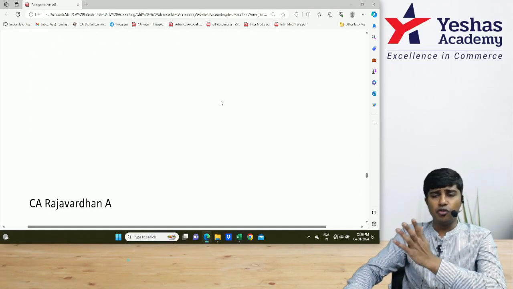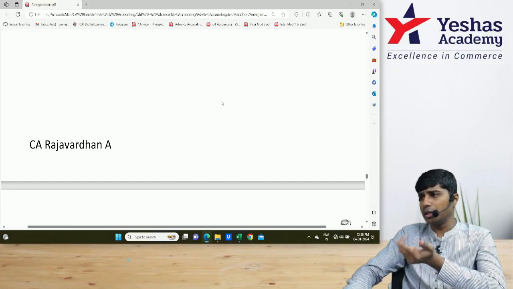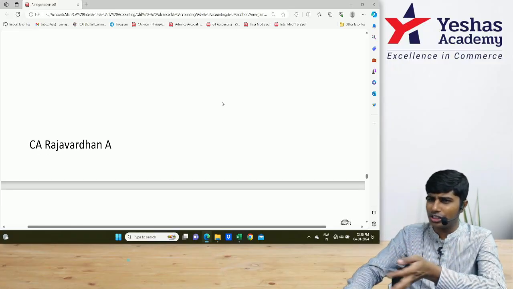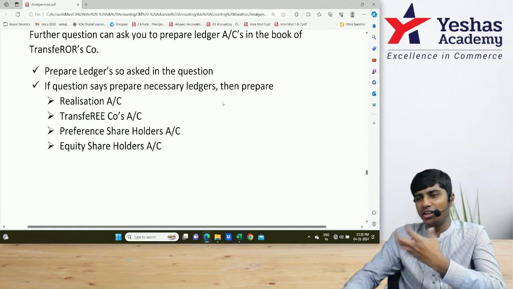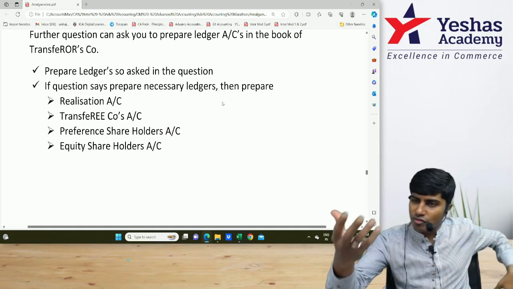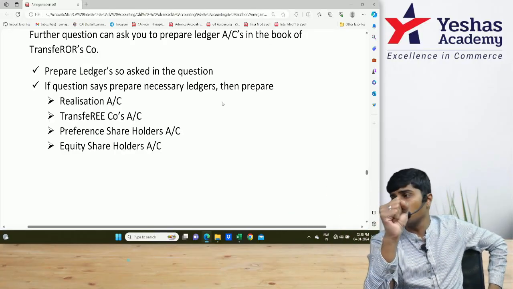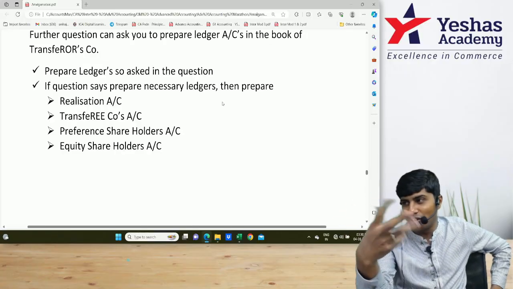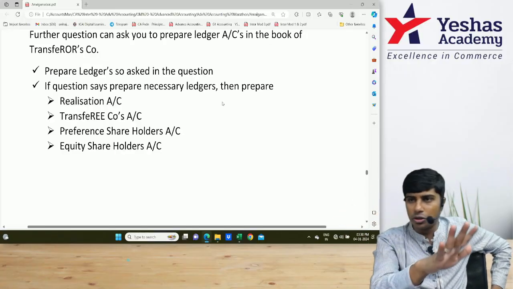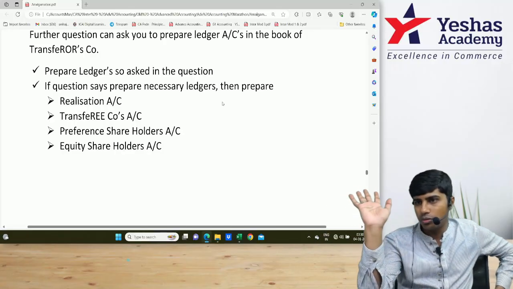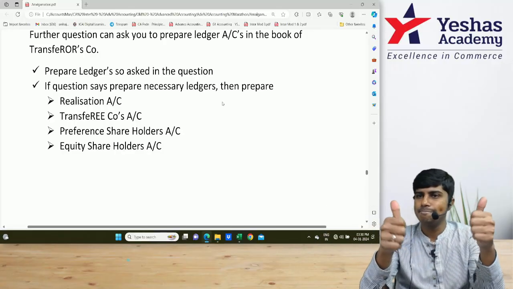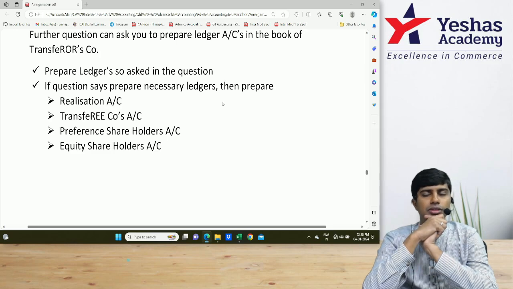PC can be given under 4 methods: NATO method, lump sum method, PC method, intrinsic value. Be a little cautious. You don't have to try to identify and learn it separately. The language of the question itself will make you understand. It is not at all a problem if you fail to spot what method it is. There is no point in identifying what method it is. Till the time you are able to solve the problem correctly, it is all good. You all got this? Very good.